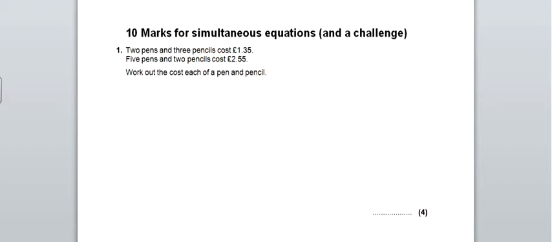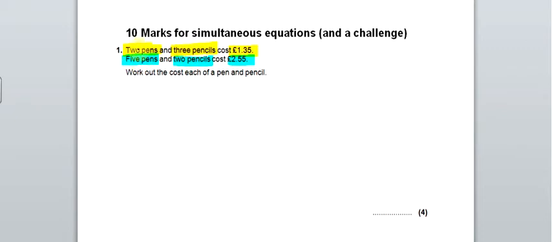Off we go with the answers to the simultaneous equations problems. So question 1, we've got 2 pens and 3 pencils, and they cost £1.35, and we've got 5 pens and 2 pencils, cost £2.55. Now, the way I go about these is I'm looking here and I'm seeing, well, I've got 2 pens and 3 pencils and 5 pens and 2 pencils, and the pens are different and the pencils are different,